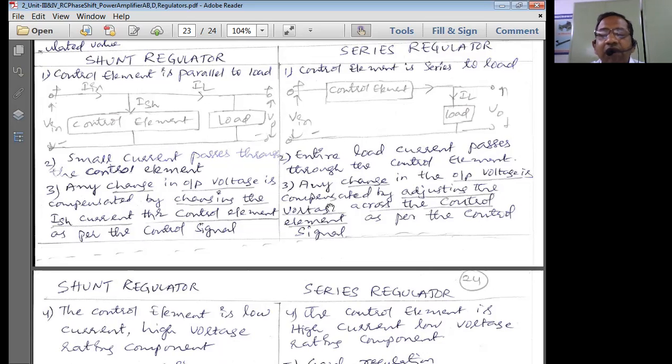Level 3, level 4 questions mean you should write more information with fewer words. That is what is called a high level question. So that's what we are writing, differences. Many students will write only one point and skip another point. They expect the mark, but they should write both, then only you get half mark. So if you write 4 points, you will get 2 marks. For a 2 marks bit, you have to write 4 points.